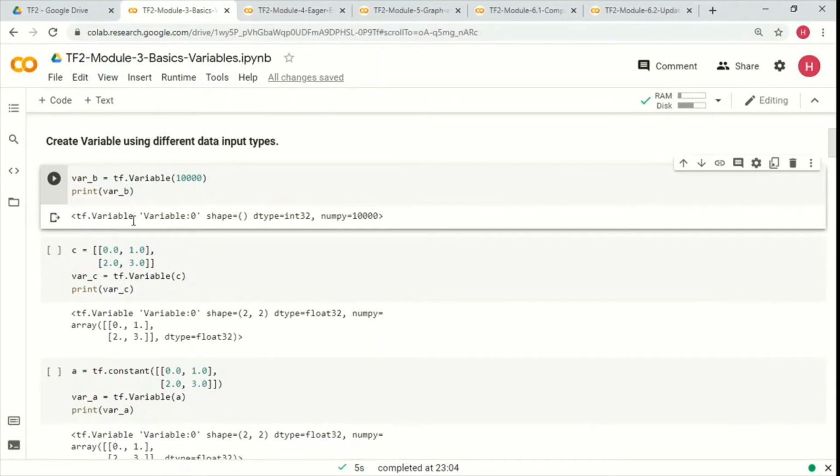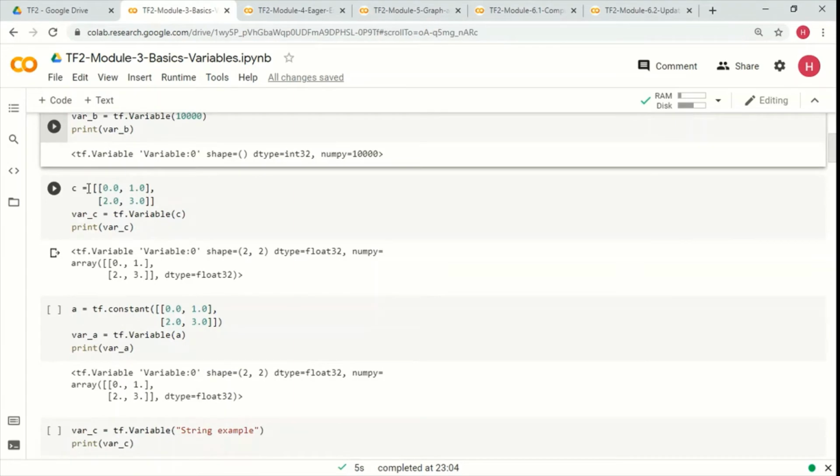Here we can see that it is named Variable:0. If you do not give a name to a variable, it is automatically named by TensorFlow. Later we will see giving names to a variable too. There is no shape here because it's a scalar, and then there is a data type and the value that we have given.